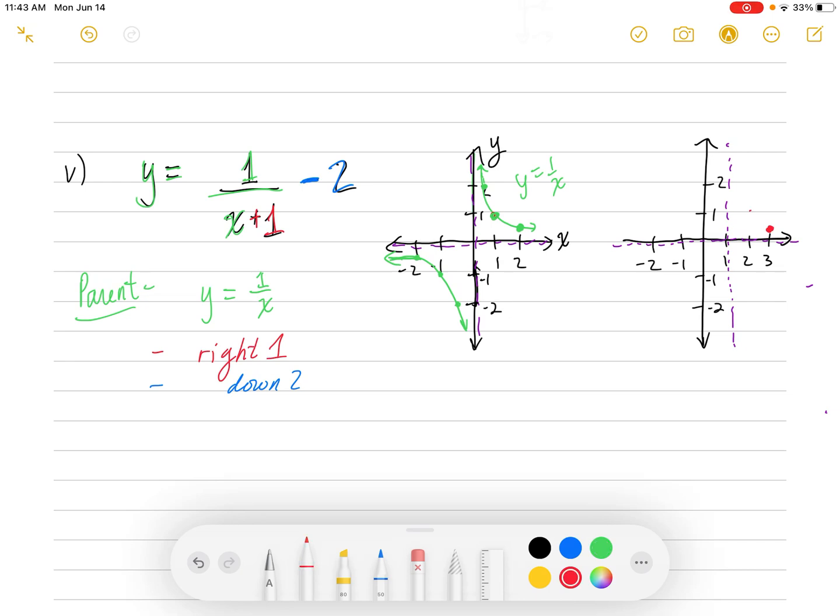And the key point here at 1, 1 is going to shift 1 to the right, is going to become 2, 1. And this key point here, which is at 1/2, 2, is going to shift 1 to the right and become 1.5, 2. Now you have this right piece like this. Remember, they follow the asymptotes, but they never touch the asymptotes. Okay. On the left piece,